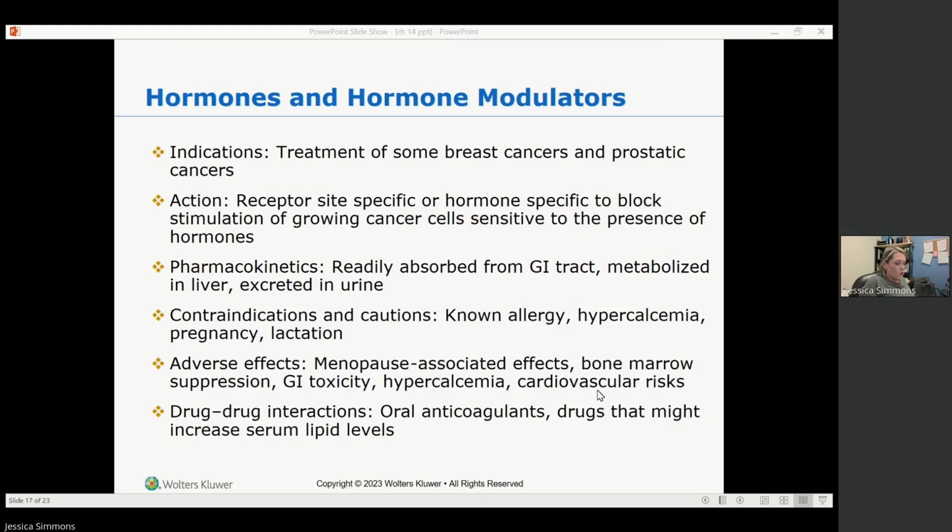So hormones and hormone modulators. On page 347, it starts hormonal agents with prostate cancer medications. And then the next one is hormonal agents with breast cancer medications. So for prostate cancer,